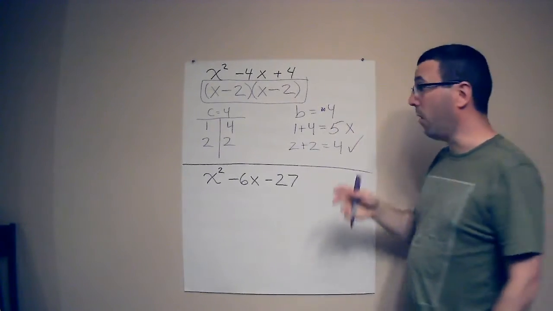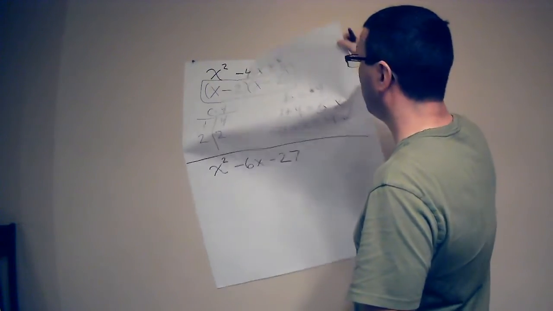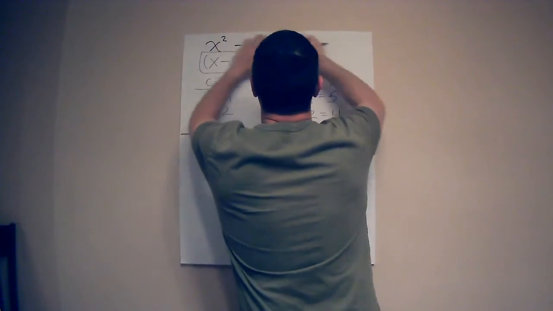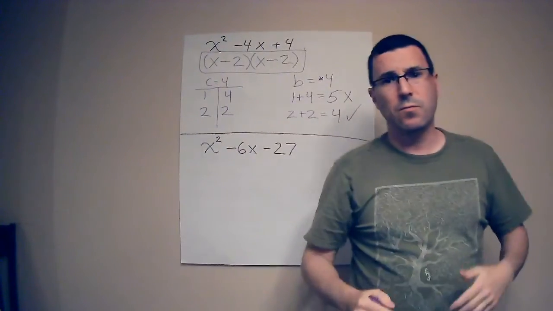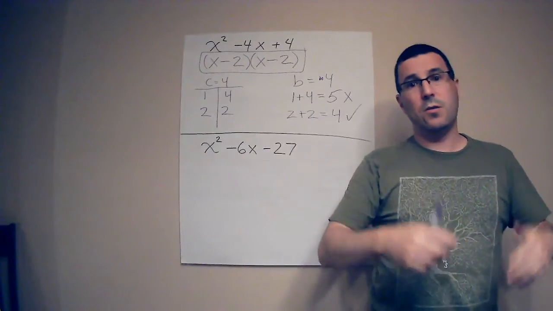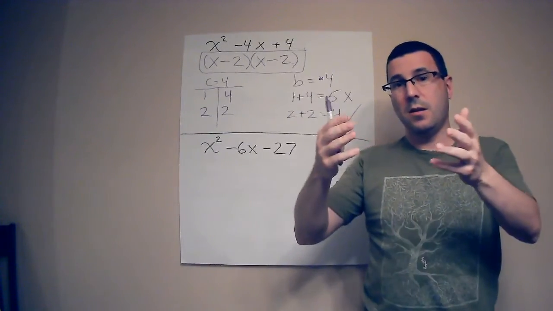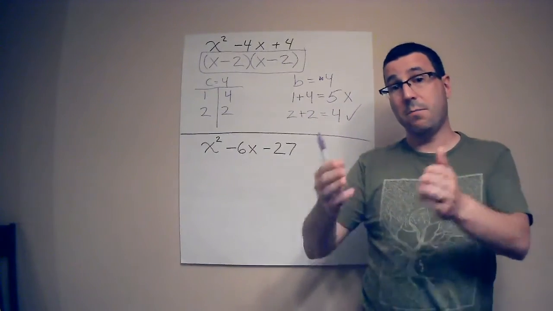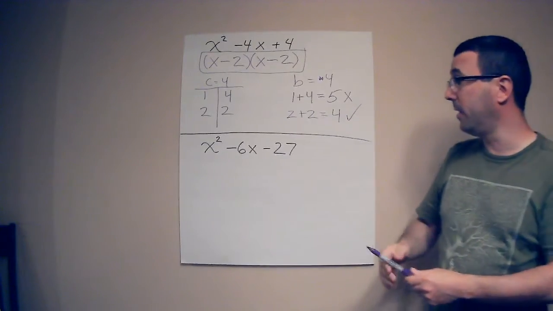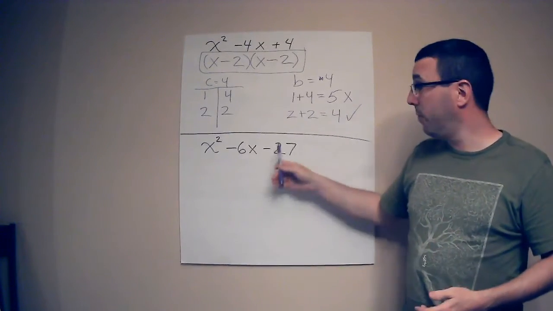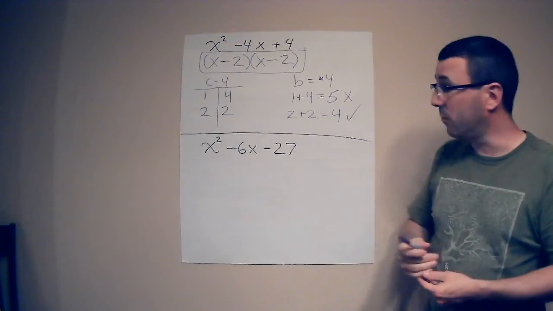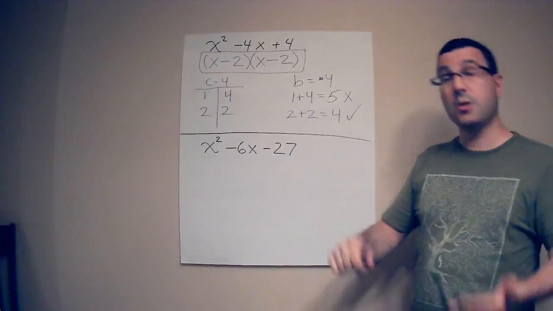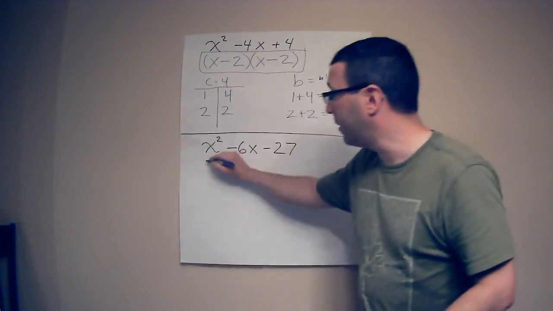So, one more. I just want to move this up again. So we've had x squared plus bx plus c. We've had x squared minus bx plus c. Now we have finally where my last term is a minus. Okay? So again, real quick. Greatest common factor? No. Difference of two squares? No. So I'm going to set up